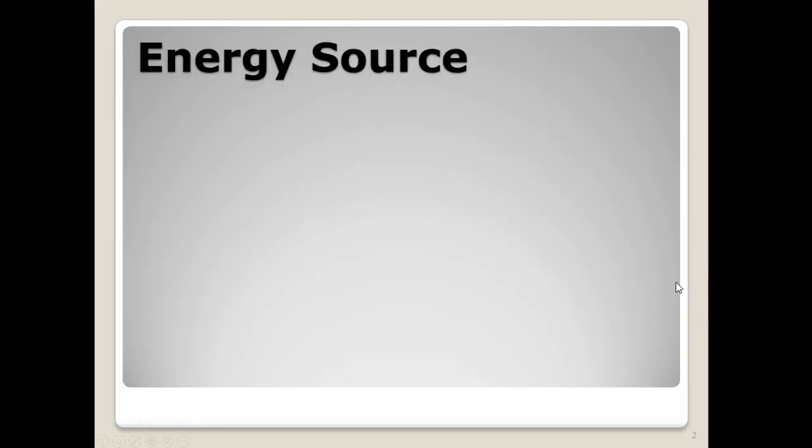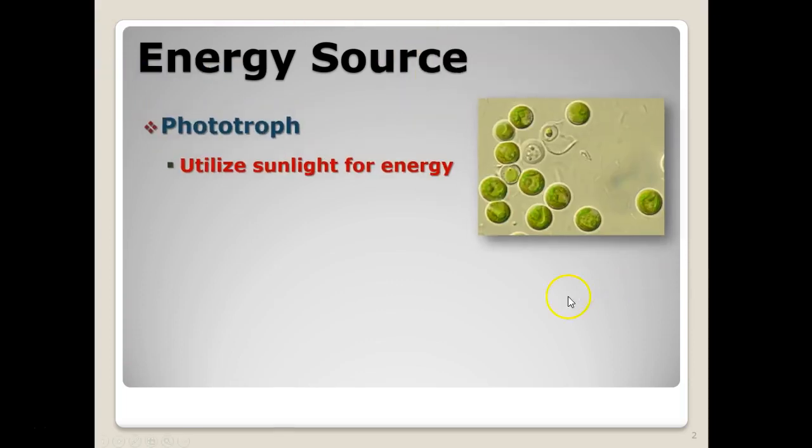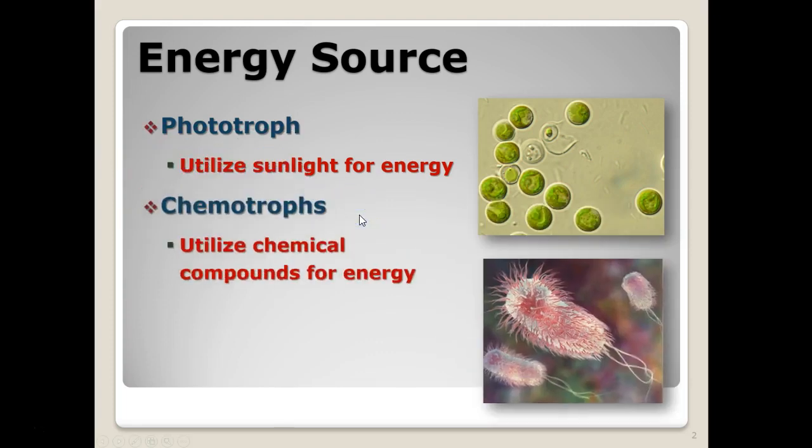So we can classify microorganisms and really all organisms by what energy source they use. An example being a phototroph. If you look at the word photo, as in photon, that's an indication that they're going to be using light, and it's usually sunlight that they use for energy. And we think of this as being plants and algae and certain bacteria that are able to use sunlight for energy. If they're not a phototroph, they're going to be a chemotroph, which means they're going to be using chemical